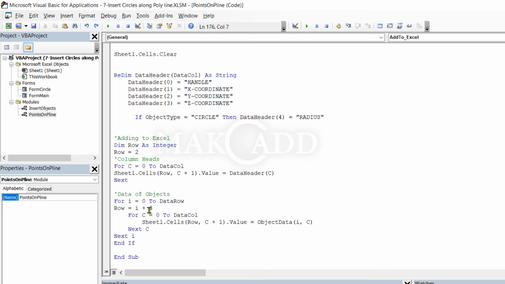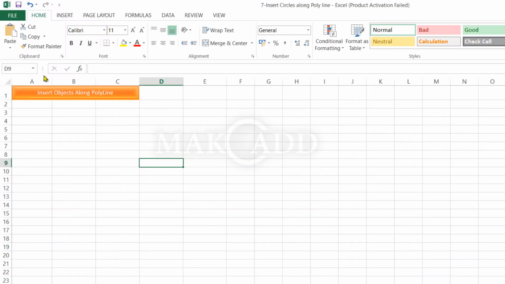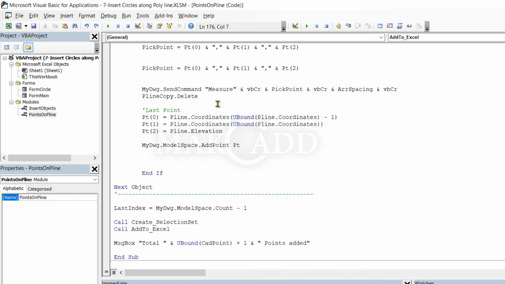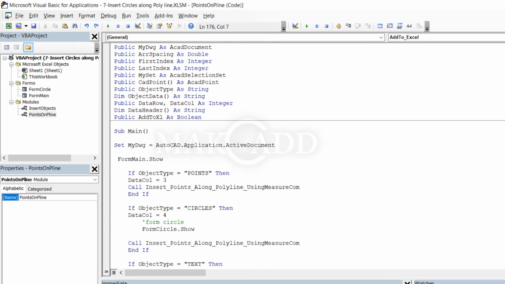Here we modified the row, increased by one value from the previous, because we added a shape here in this first row. So before in the previous we used 2, now we change to 3. So let us try this procedure.